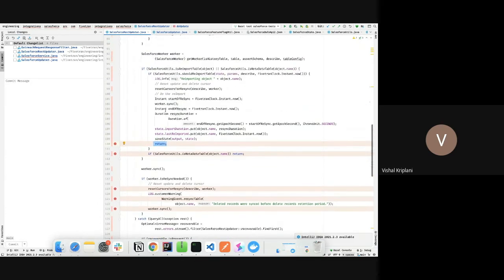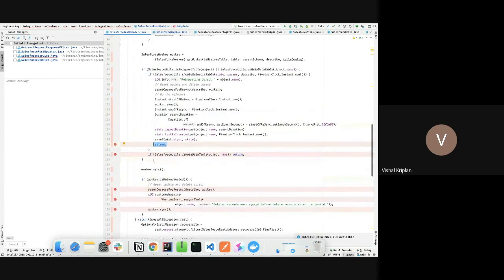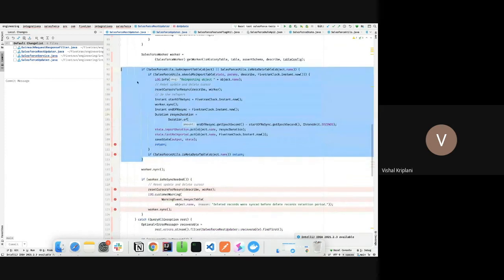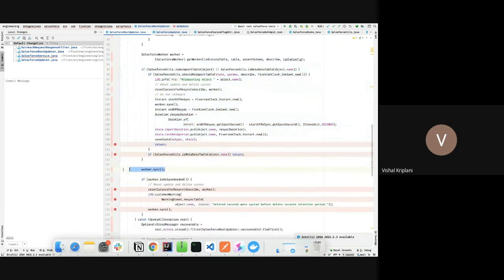If some object is not a reimport object, we do just a normal worker.sync. And one thing to consider here is, let's suppose some object is a reimport object, but it is not reimportable now. So we sync it as it is. I'll give you one example related to this.